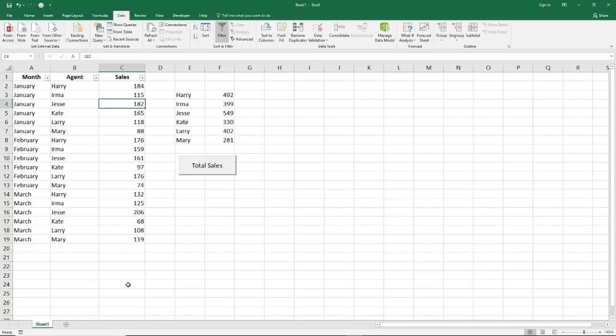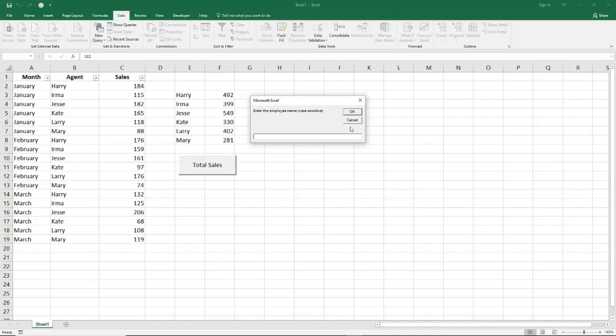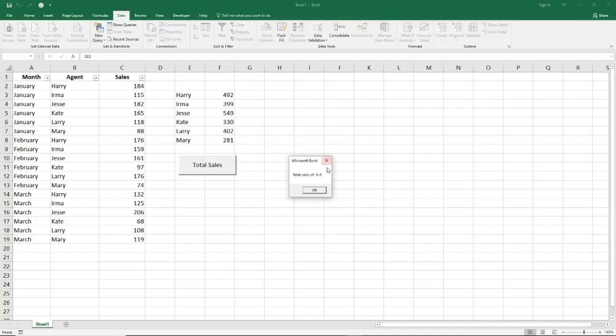I've got 6 different agents per month, and then I've got their sales totals for each month. And just so you can see, for fact-checking purposes, I've already gone ahead and totaled up the sales of each employee. So first thing I'm going to do when I click total sales, as you can see it says case sensitive, I'm going to click cancel. It's still going to give you a result,